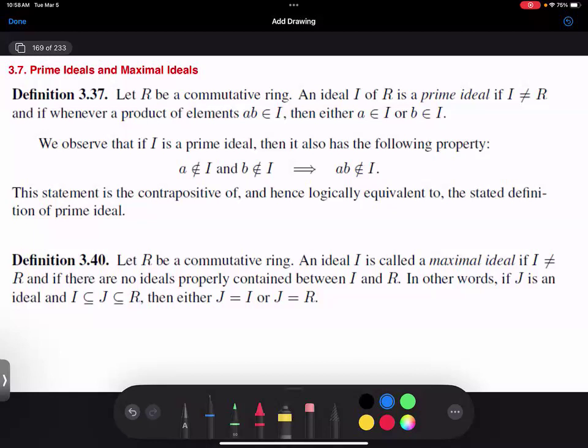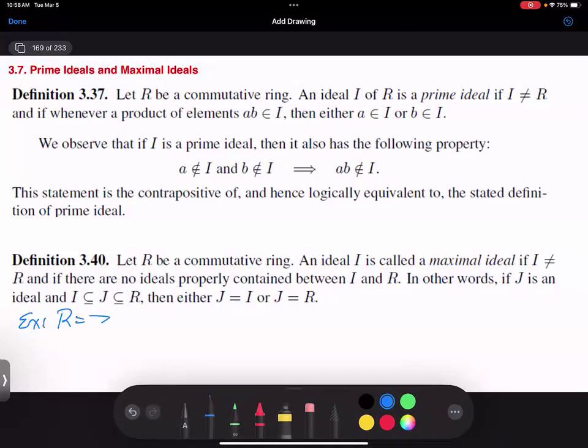So the next definition, definition 340, is let R be a commutative ring. An ideal I is called a maximal ideal if I is not equal to R, and there are no ideals properly contained between I and R. So in other words, if I have some ideal J which contains I and is contained in R, then there's only two possibilities: J equals I or J equals R. So for example,